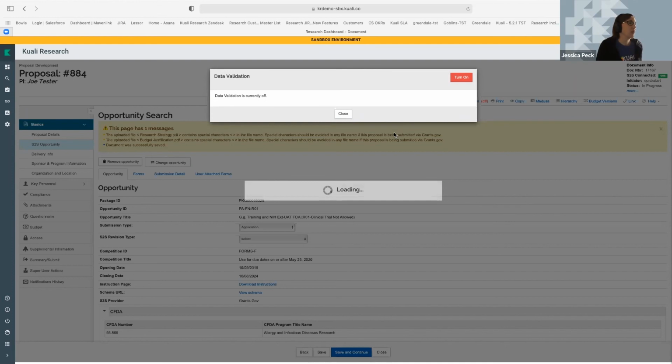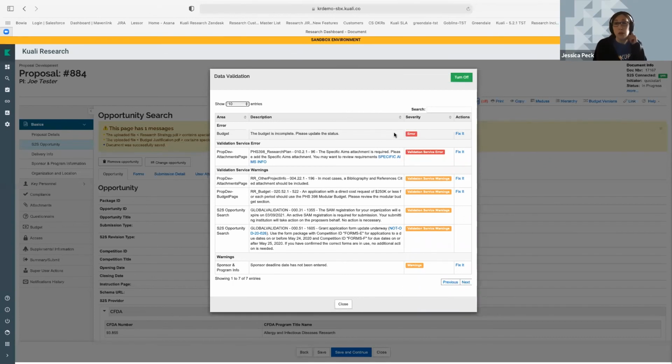This is after we've cleared all the normal errors or grants.gov validations to be able to print and validate the forms. If the form's information is not all filled out, it won't go out yet to NIH. But once it is, then it'll say, oh, hey, you need to add this research plan. You need to be aware of these other validation warnings possibly, but it won't block. Is that kind of what you're